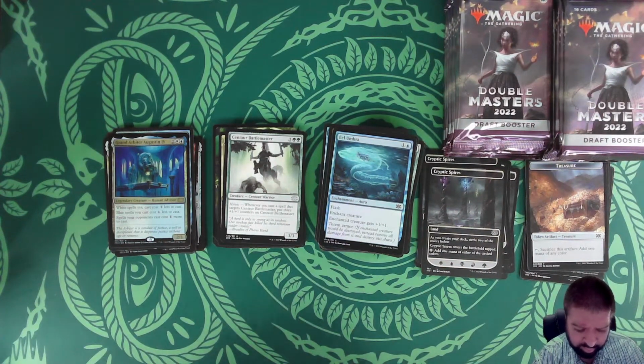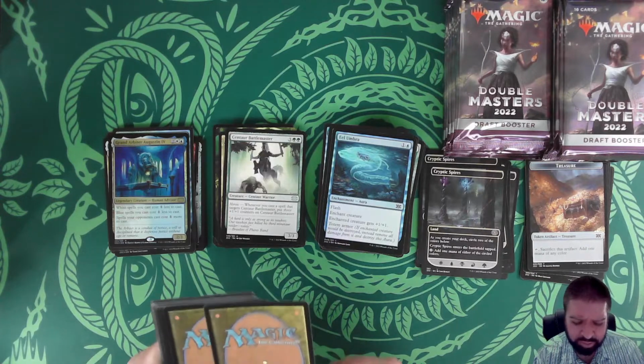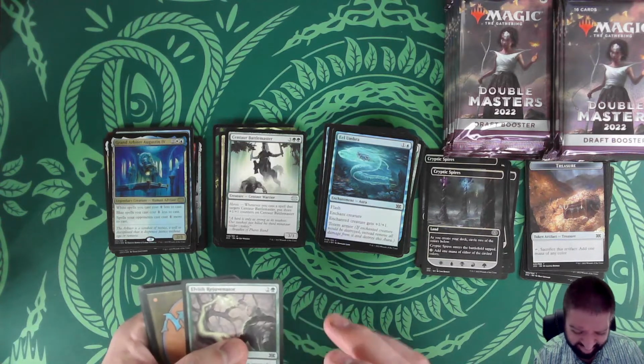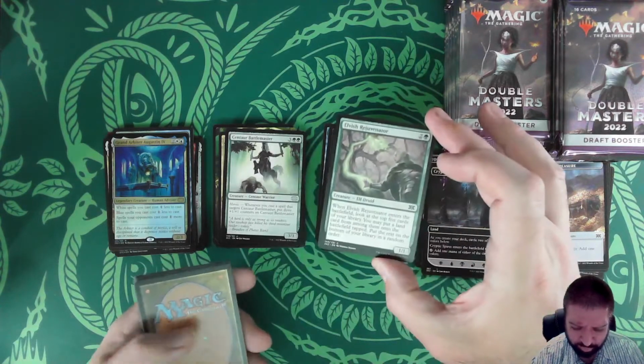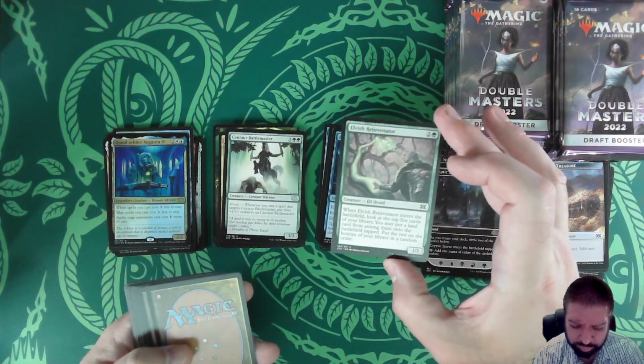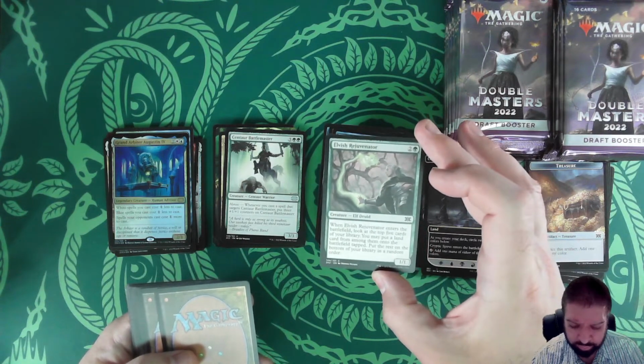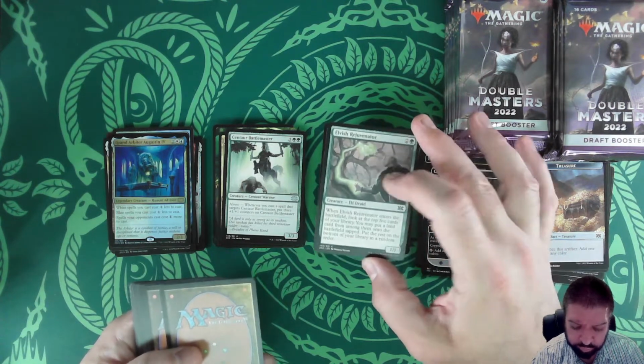Yeah, I think getting different versions of the same card in the same pack happens enough that it's above random chance. I think something's going on where the collation is making that happen at some frequency. Elvish Rejuvenator,